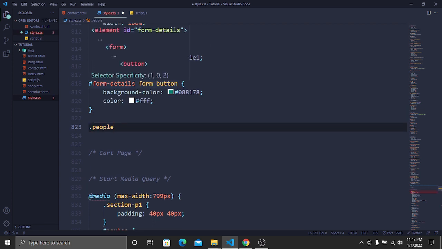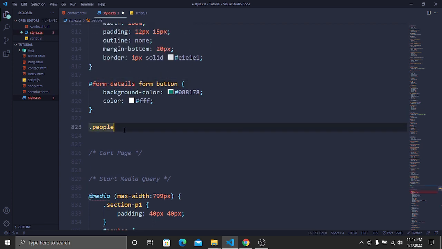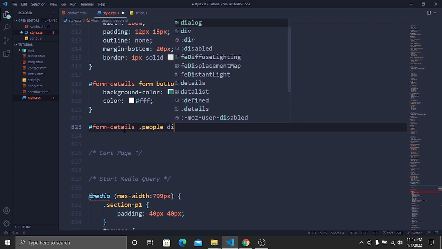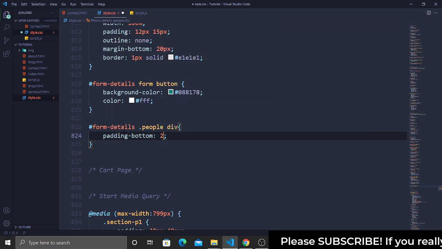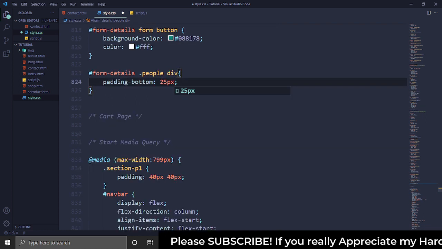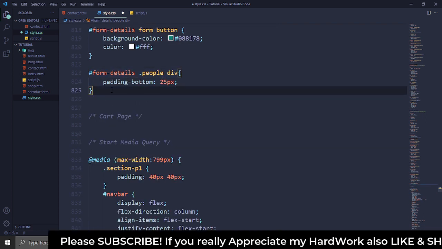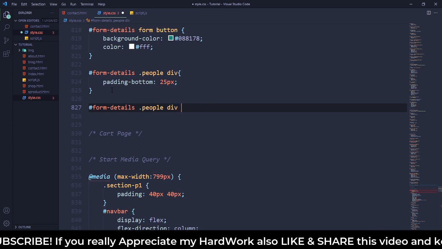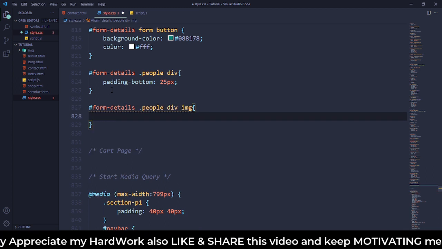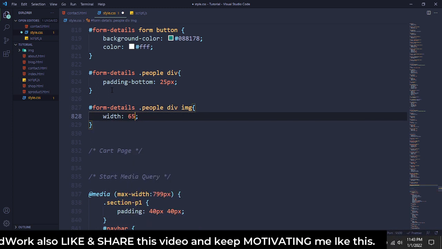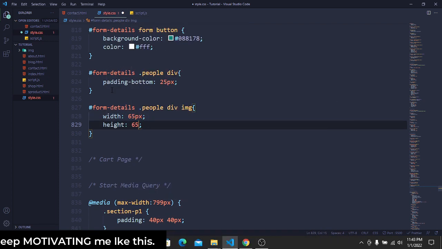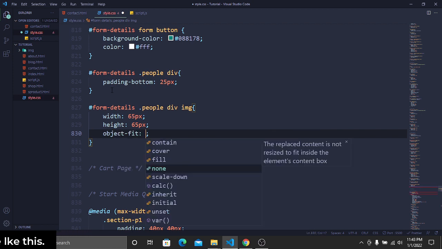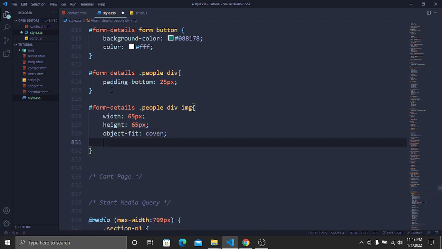But before that, we have to add our id form details, and then I am going to target our div tag, and then I will add some padding bottom of 25 pixel, and then let's target our image. So copy this text and then paste it here, and then add our image. So I will add a width of 65 pixel, then I will add a height of 65 pixel, then object fit will be cover, then margin right